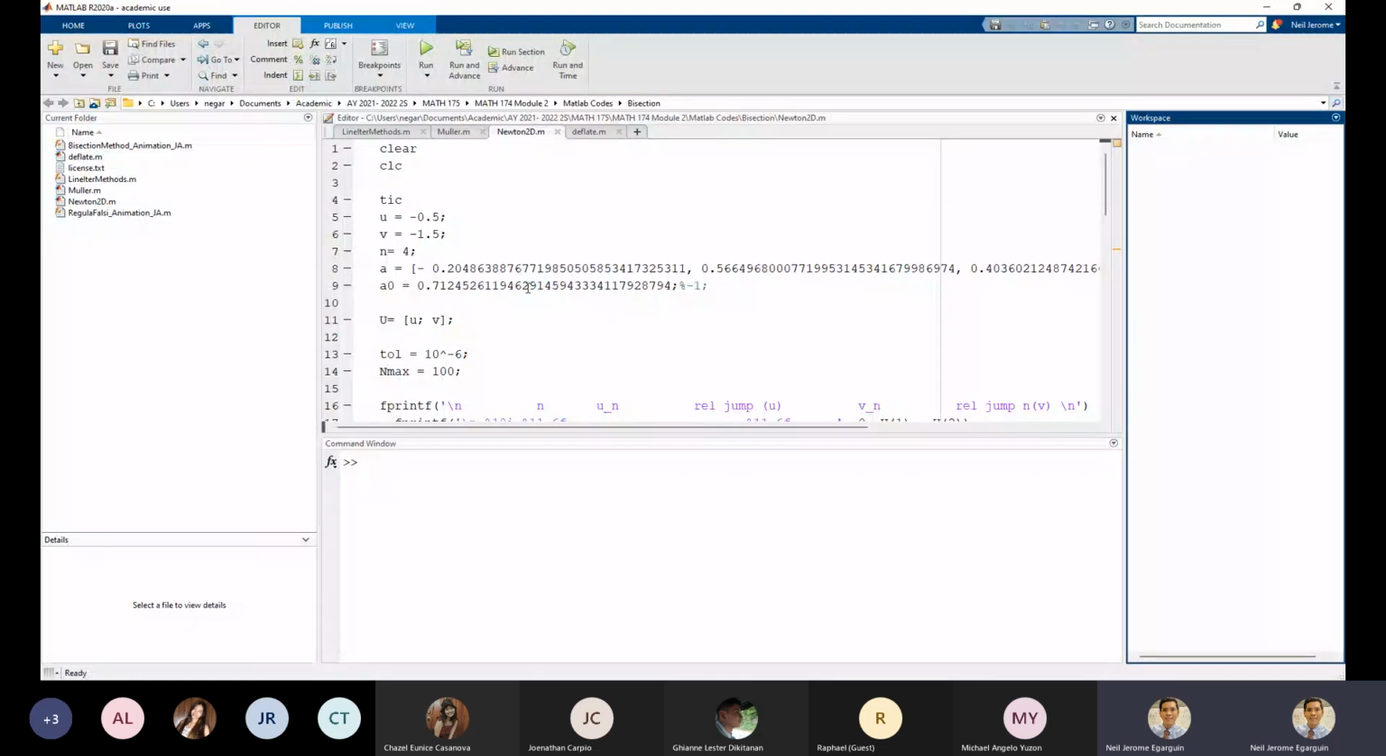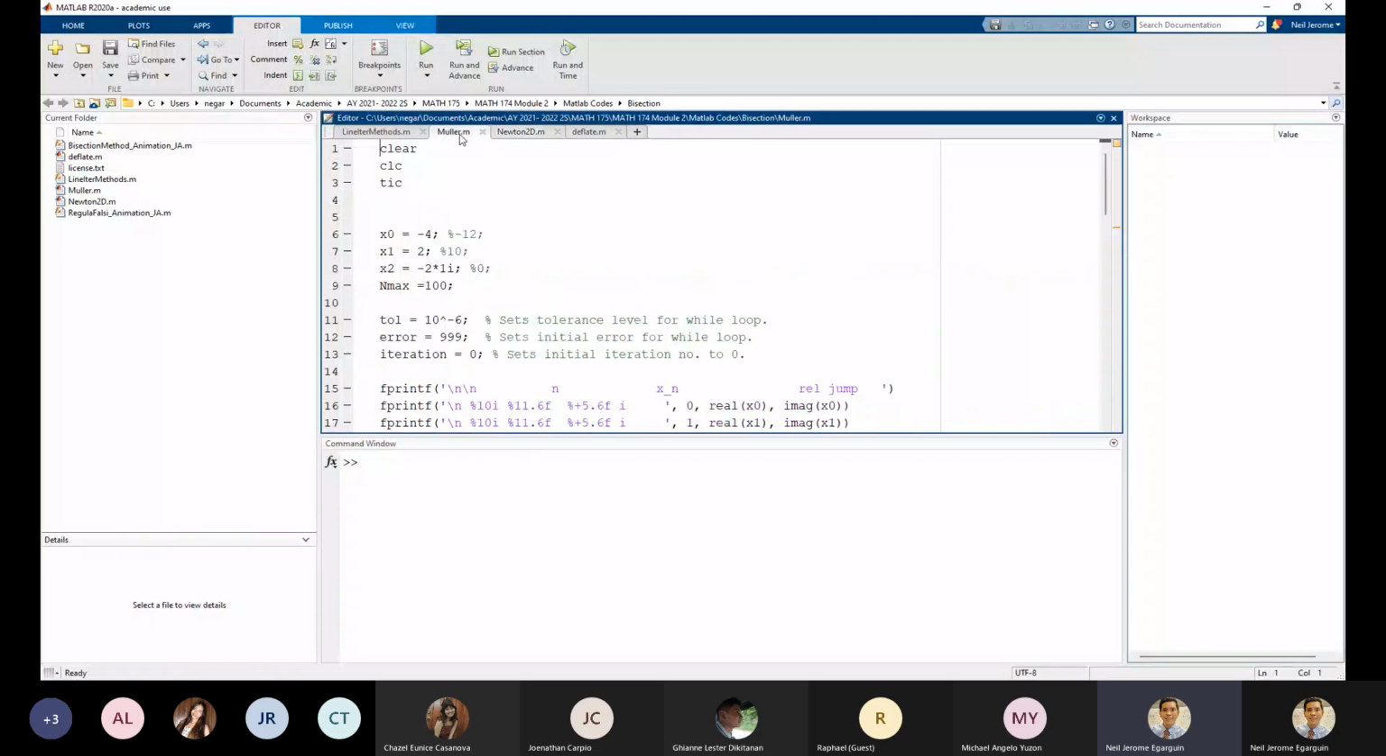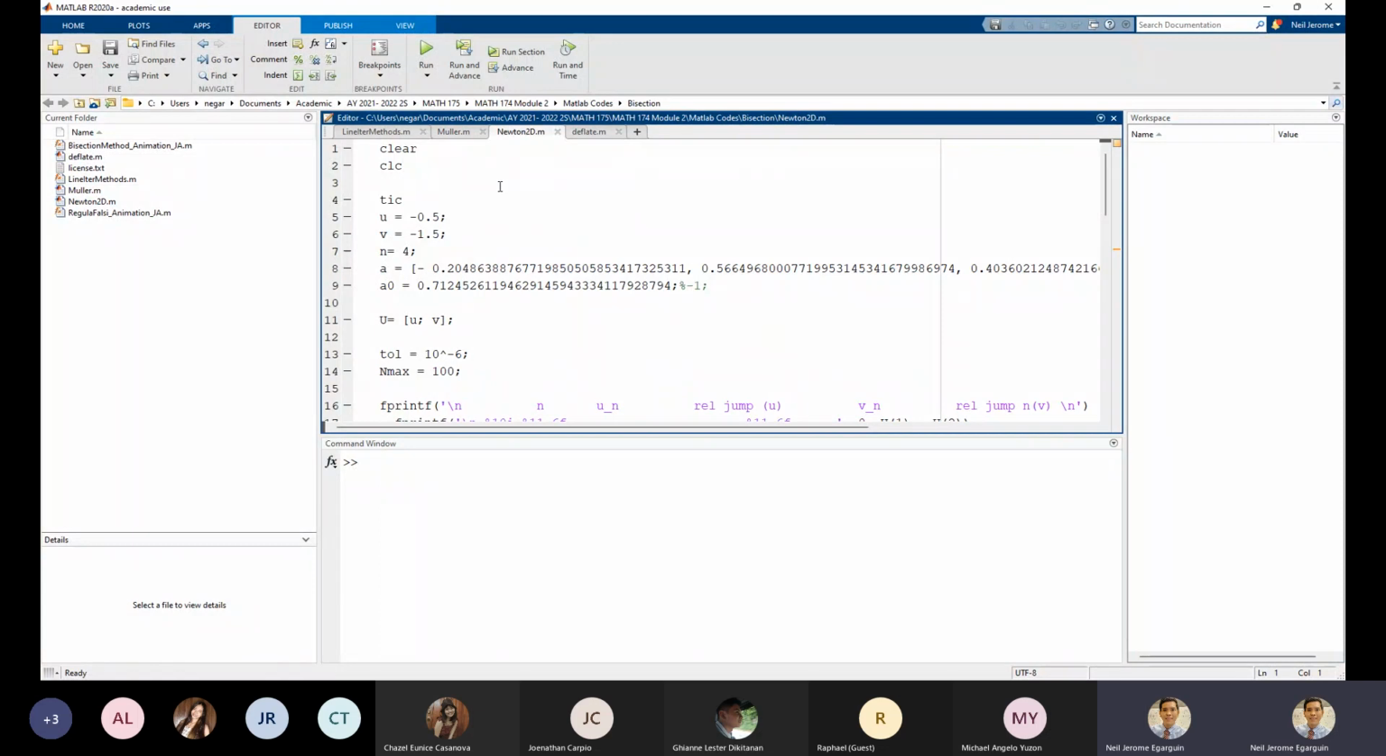Okay. So, here's Mueller's method. Sorry, hindi pala Mueller's. Bakit Mueller's? Bairstow's. Pero ang tinawag ko sa kanya ay Newton 2D. Dapat pala Bairstow's yung ginawa kong title. Okay. So, gawin ko yung example